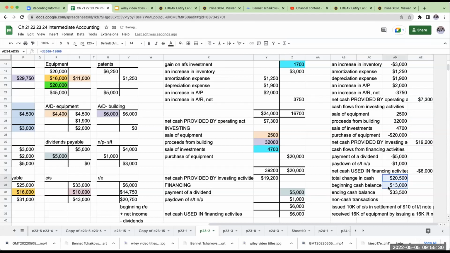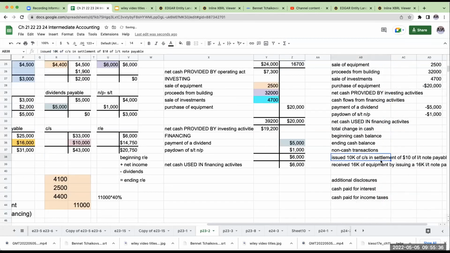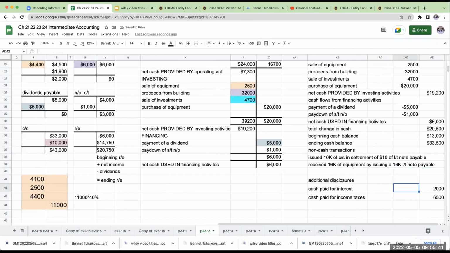So I've made this work and I have my non-cash disclosures, right? This is really why doing the skeleton matters, and as soon as you see that non-cash transaction, make sure you go through it and write it. My additional disclosures down below: cash paid for interest, cash paid for income taxes. So that is problem